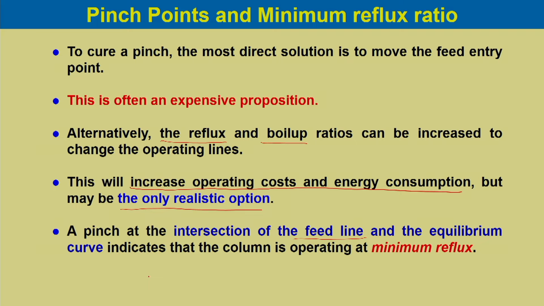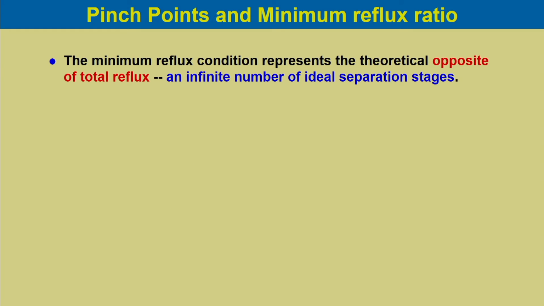So, in that case that pinch point is known as the reflux condition where you have very little reflux. So, we call it the column is operating at minimum reflux condition. The minimum reflux condition represents the theoretical opposite of total reflux. That means, in case of total reflux we need the minimum number of stages, because at total reflux both the operating